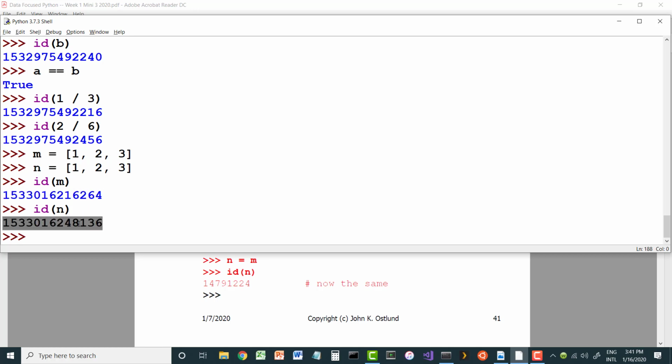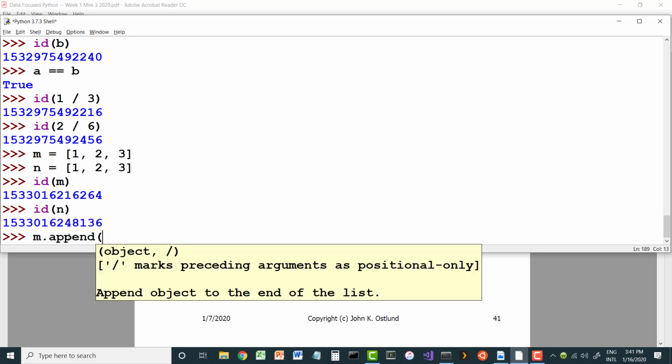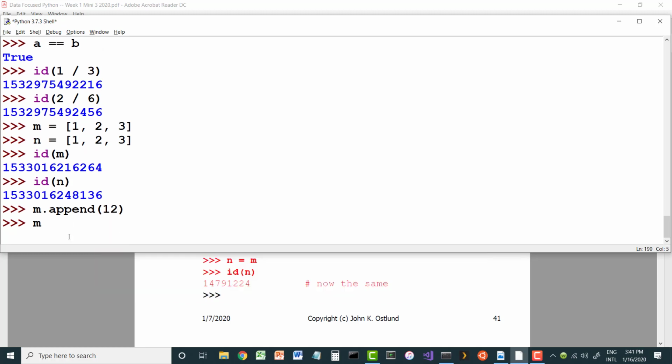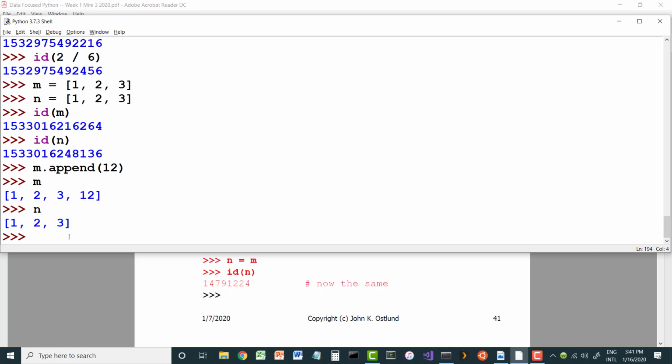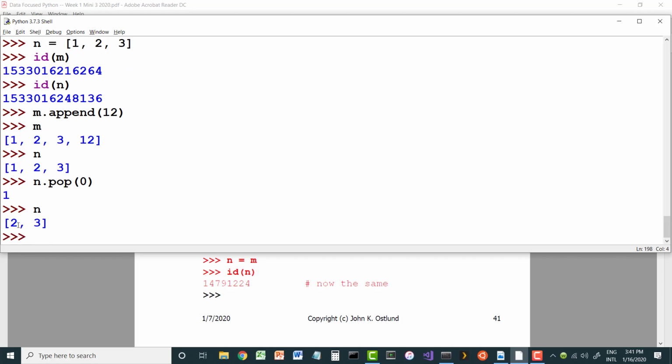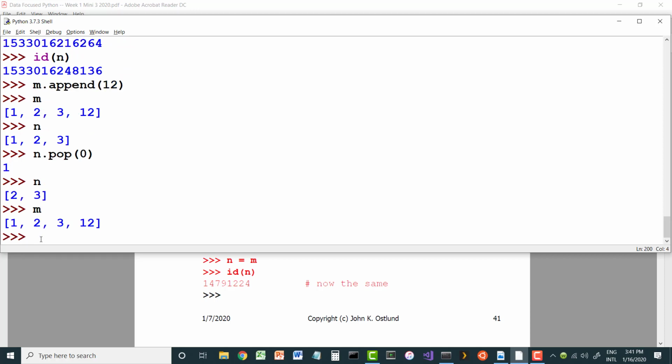And this is important because it means if I say m.append(12), m changes, but n does not change. Or if I say n.pop(0), then the sub-zero item from n gets popped, but m doesn't get changed. So collections by default are going to be distinct from each other, even if they initially contain the same values. Now, on the other hand, if I say p gets m,